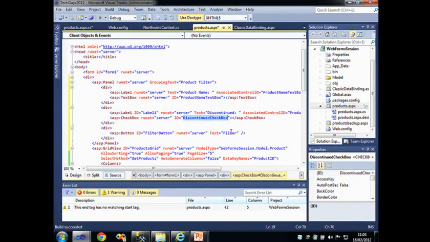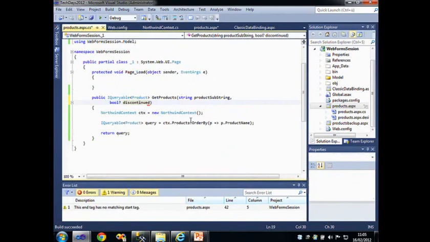Now, the older way of working in ASP.NET Web Forms was, well, I could handle the click event, retrieve the values of my two controls, ProductNameTextBox and DiscontinuedCheckBox, and then basically query SQL Server all over again and do the data binding all over again. But with these built-in so-called value providers, you can actually place additional attributes on the parameters of my GetProducts method, where